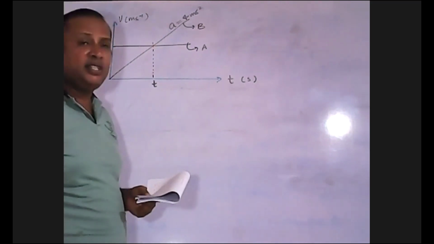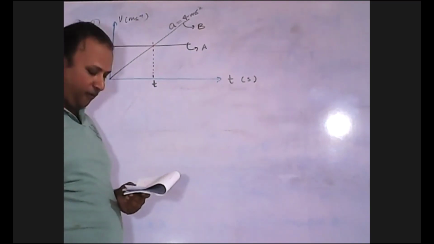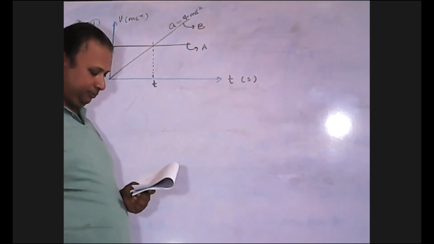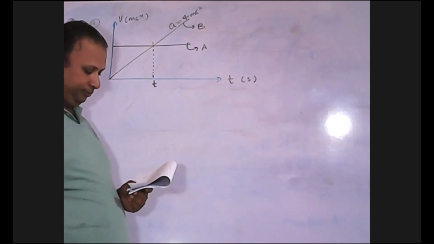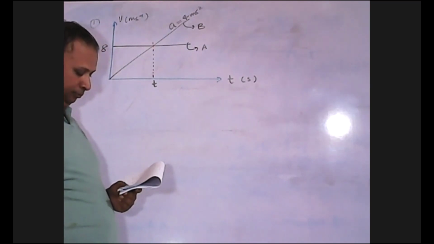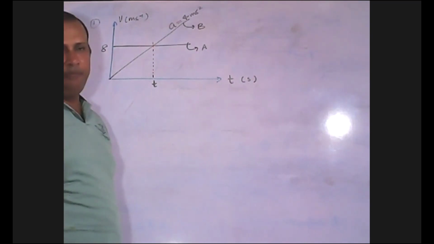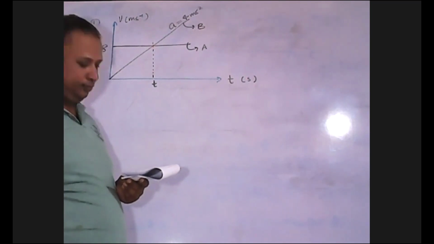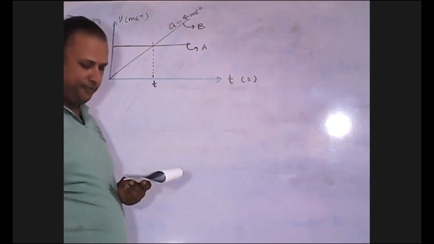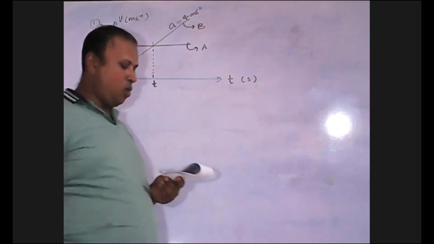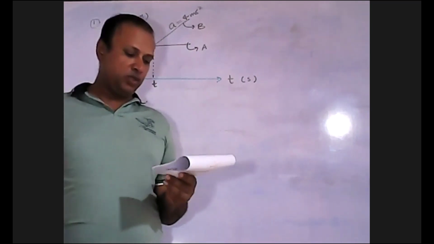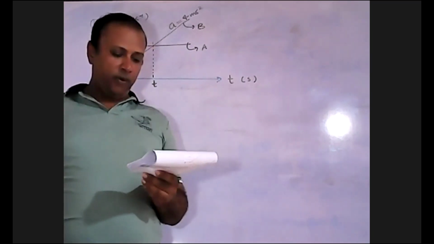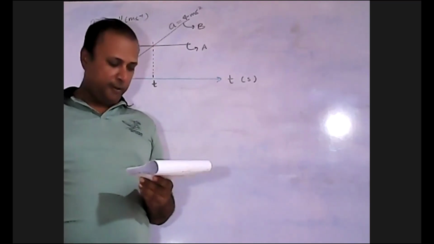If the accelerations of A and B are 1 ms minus 2 and 4 ms minus 2 respectively,